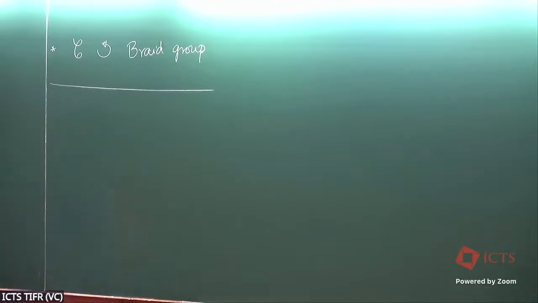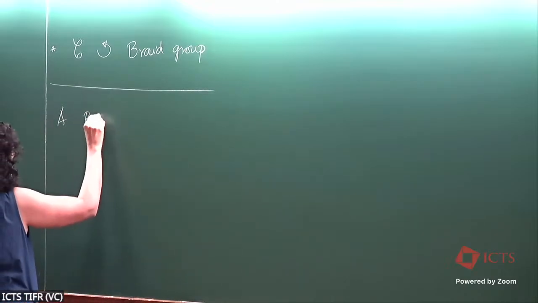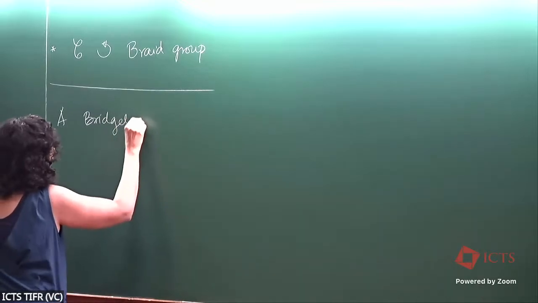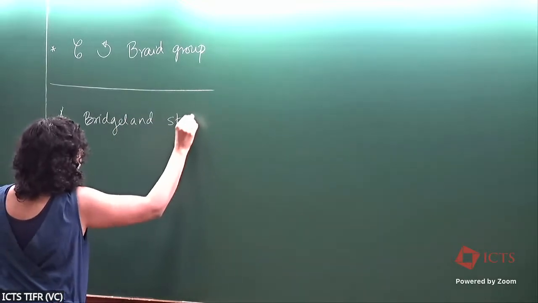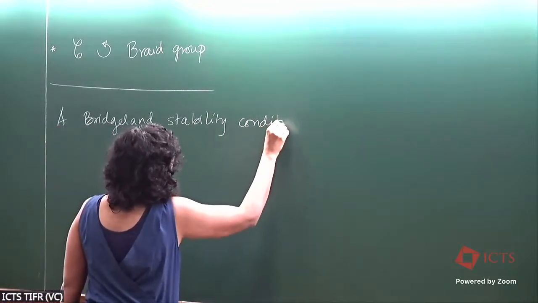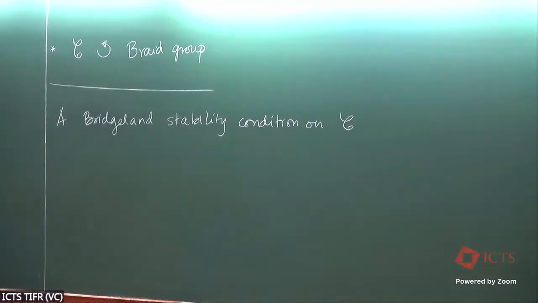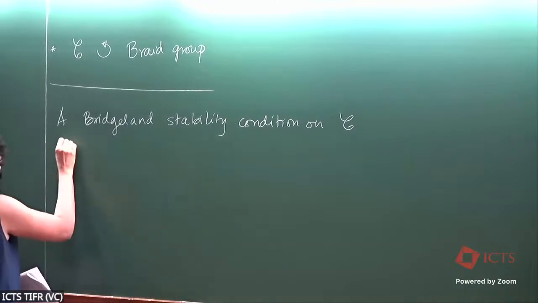Okay, so of course, I'm interested in Bridgeland stability conditions on my category C. So let me give a pseudo definition. I won't give the full definition, but a Bridgeland stability condition on C is a certain collection of choices on C which satisfy some compatibilities. Okay, so it's specified by,